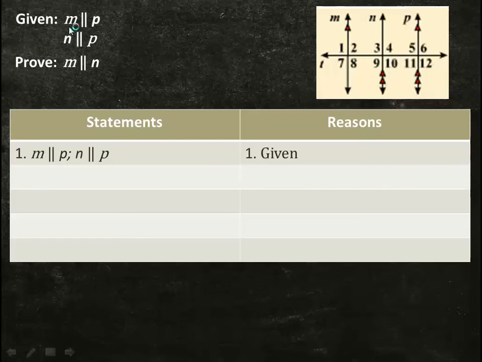This one says, given M is parallel to P and N is parallel to P. So both of these lines right here are going to be parallel to line P. They want us to prove that M is parallel to N. Well, it looks like right away you'd say, well, transitive property, but you've got to make sure there aren't any loopholes. So we're going to go ahead and write down our given that M is parallel to P and N